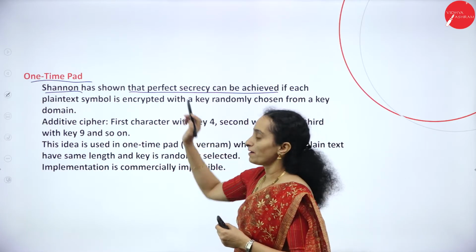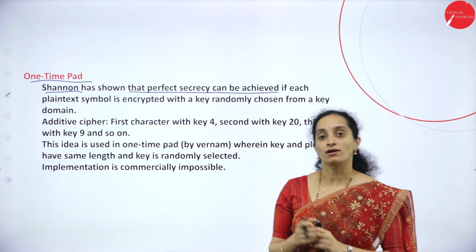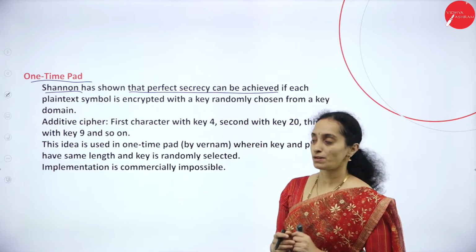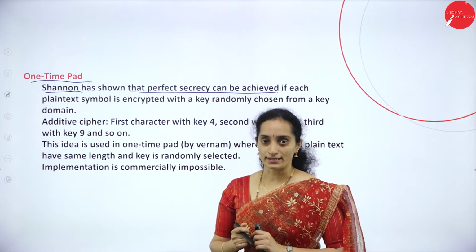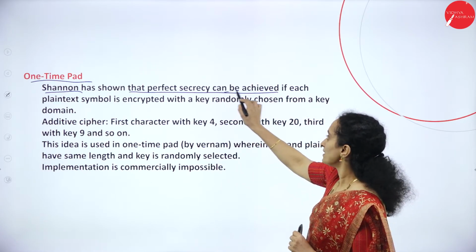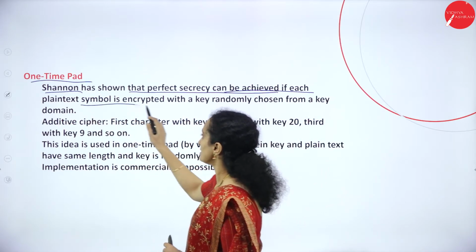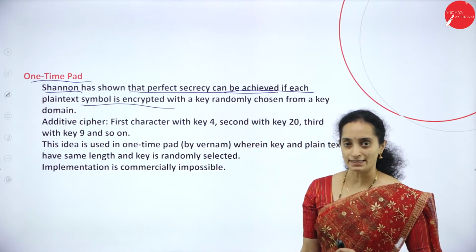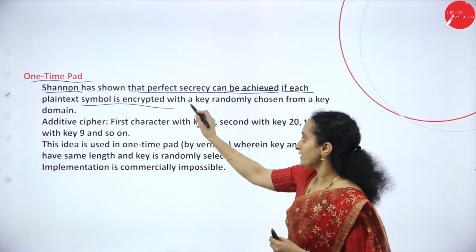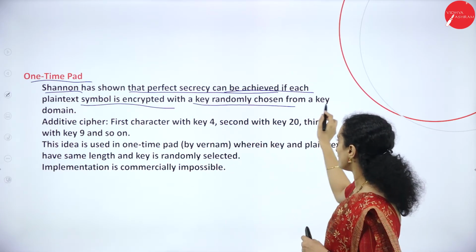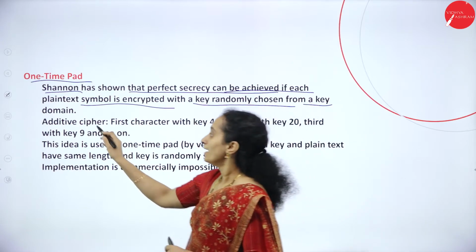To achieve perfect secrecy, Shannon implemented a concept known as one-time pad. What happens in this is, we are going to encrypt the plain text with a key which is randomly chosen from a key domain.